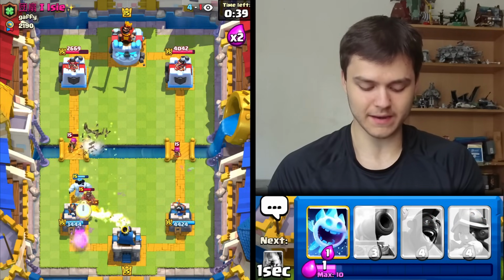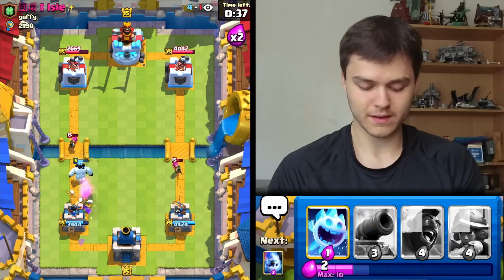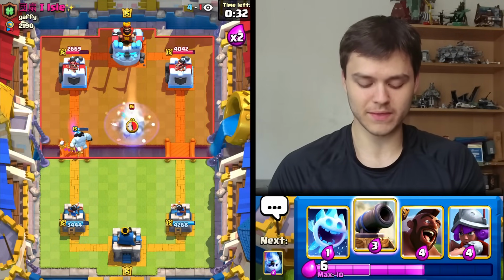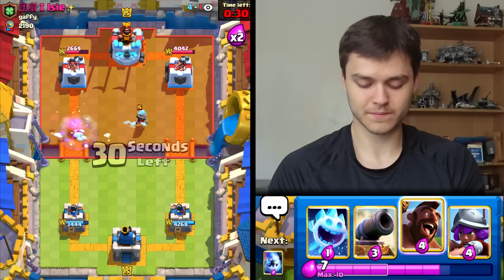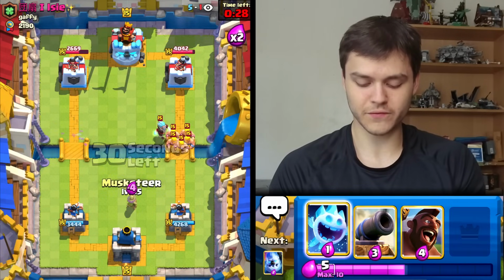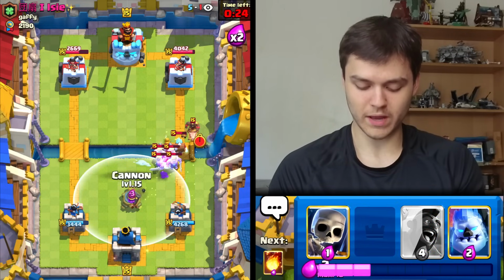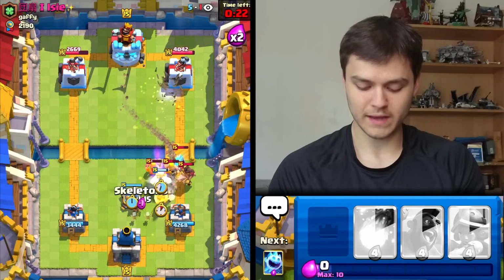Wow, I can't believe my cannon died and everything died so quick there. Luckily we take no damage though. Fireball kind of saved me right there. And luckily, guys, we don't really have to deal with evolutions, which is a nice thing too. Alright, he goes for the Barbs. I'm just going to Musketeer here. We don't have our... Okay, now we are going to have our Fireball and Cycle. He does go for the...